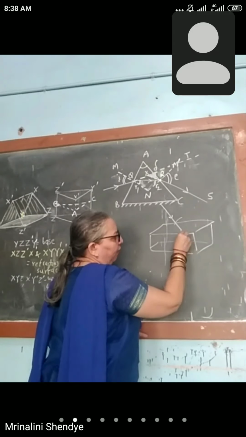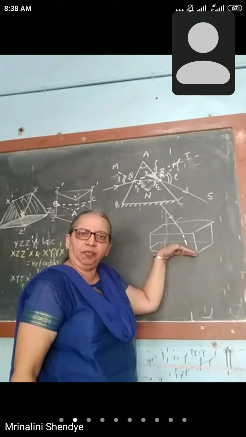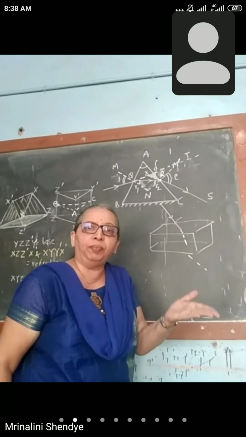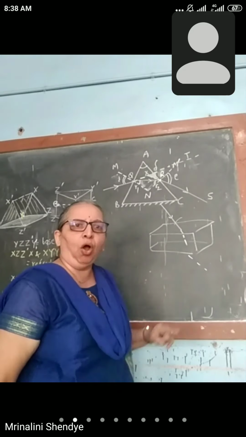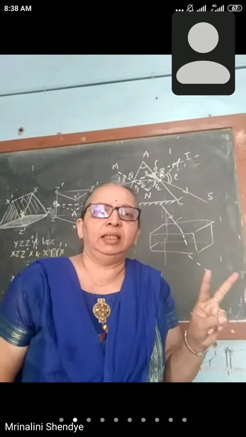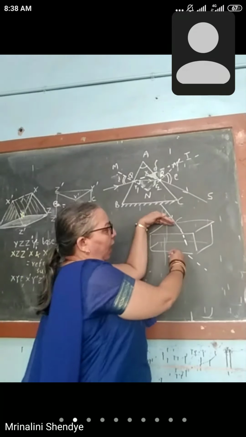So light will enter this glass. Again the other surface is transparent, so light will emerge out of the glass. So this is the case of a ray of light suffering two refractions at two different plane surfaces which are parallel